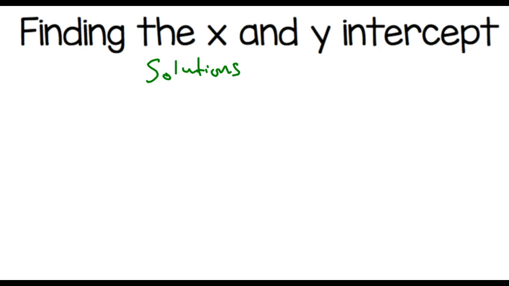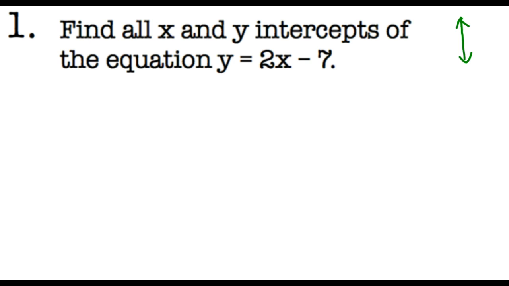Alright, I want to go over the homework for finding the x and y intercepts, so this will be the solutions to this. Number 1 said find all the x and y intercepts of the equation y equals 2x minus 7. Remember, in the Cartesian plane, we have the x-axis and the y-axis, and when the graph is crossing the